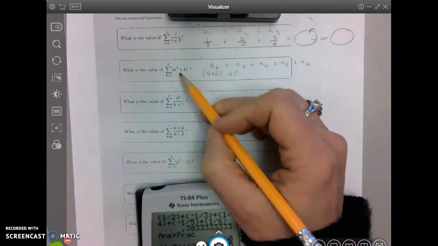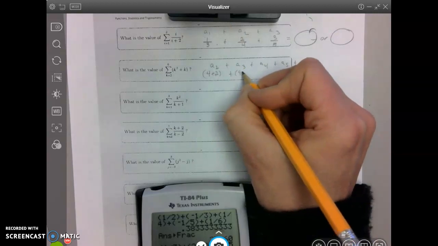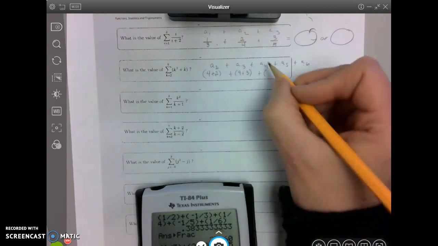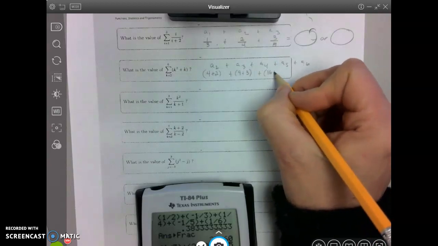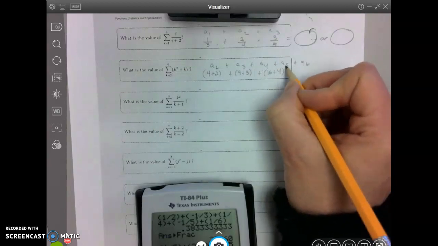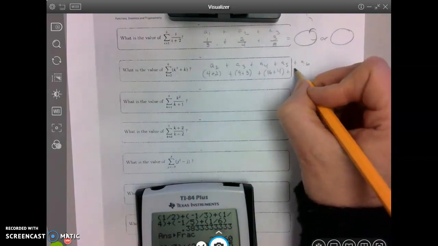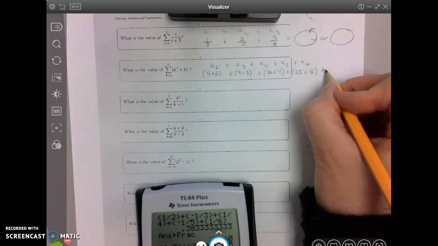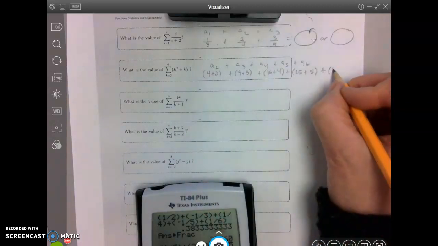And then I'm going to have 3 squared is 9 plus 3. And then I'm going to have 4 squared, which is 16 plus 4. 5 squared is 25 plus 5. And then 6 squared is 36